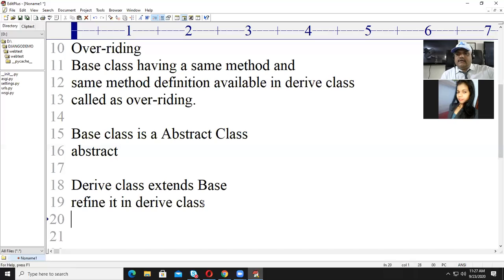In the Object class of Java, which is a default class, class is also a class and object is also a class. So whenever you create an object, by default it extends from the Object class, and the Object class provides a method called toString, public String toString.